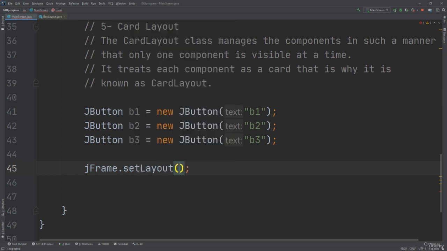jframe.setLayout(new CardLayout). I will specify integers like 40 and 30. These are the vertical gap and the horizontal gap. And if we make it an empty constructor, it creates a card layout with 0 horizontal and vertical gaps. But I will show you how to make the gaps directly because we have talked about the gaps in the previous videos. Okay, so